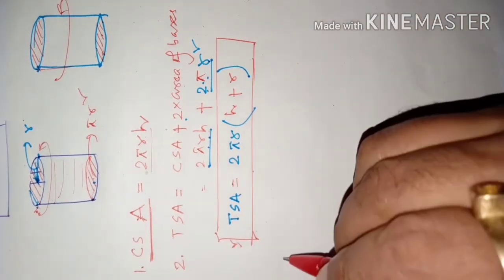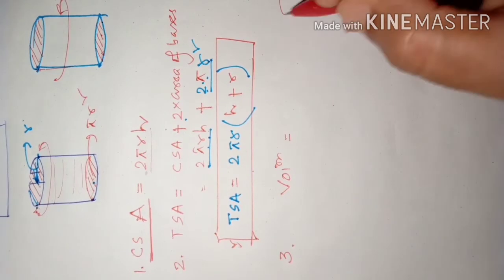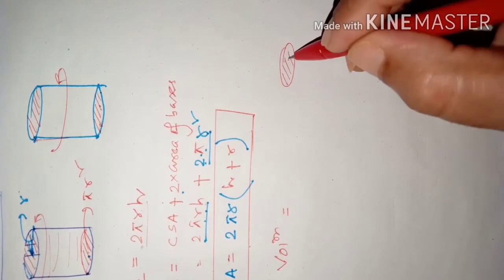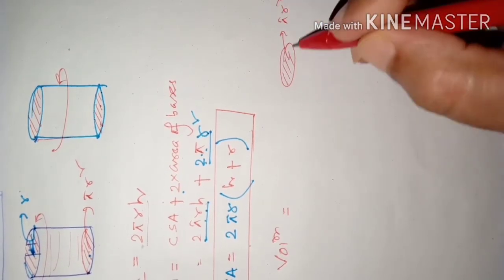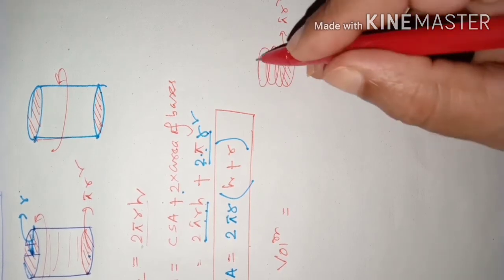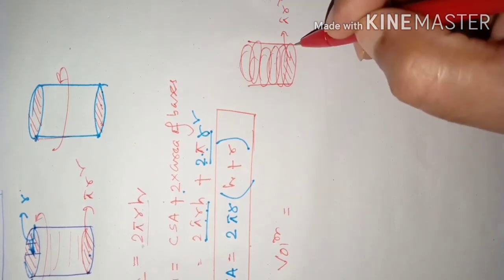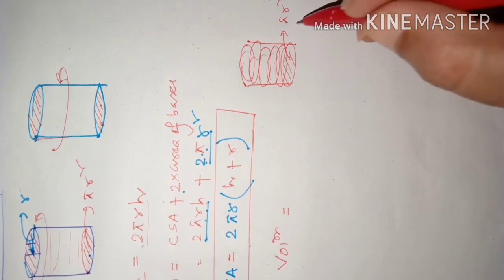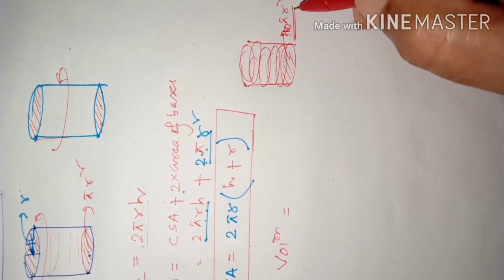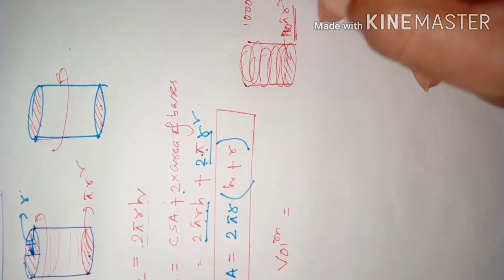Then volume. Volume you can think this way. See, volume of a cylinder. See, this is one circle. What space does it occupy? A circle occupies pi r square area. So one more circle is there like that. One more circle is there over that. Like that. Suppose you have got 100 circles gathered in one place. Then 100 circles will occupy 100 times pi r square. If there are 1000 circles, then 1000 times pi r square they will occupy, because one occupies pi r square.